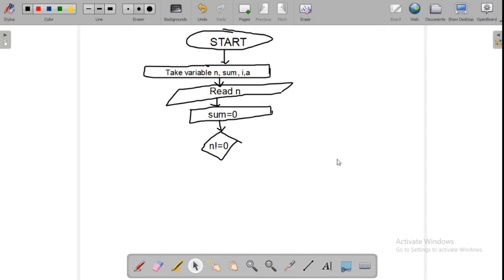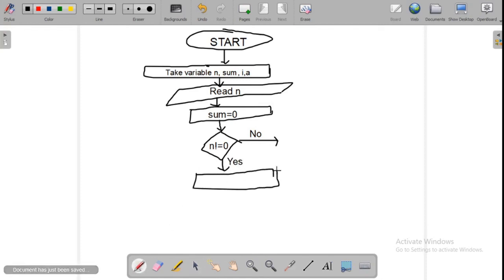So what we will do if n is not equal to 0? If it is no, we stop. And if it is yes, what we will do? Okay, what we will do, we will find out